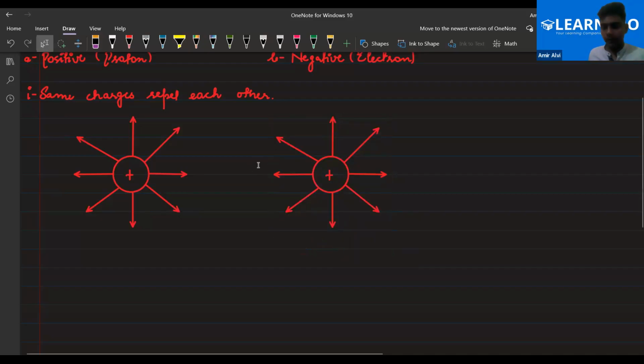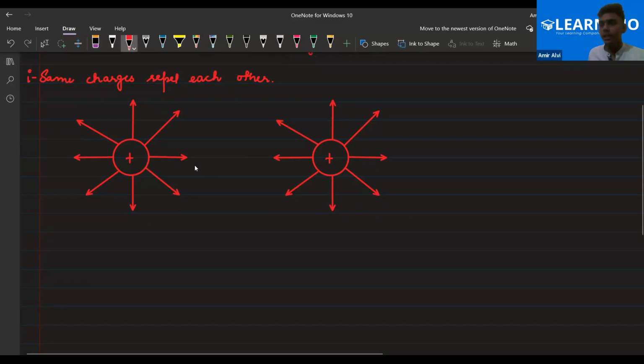Okay. So see this. As you can see, this arrow is going in this direction, and this arrow is going in this direction. It means that there will be a conflict because they are in opposite directions. This charge's electric field will say to the other charge, please go to this side, and this charge's electric field will say, please go to this side. So they are not in the same direction; they are in opposite directions. It means that they are repelling each other. Clear, everyone?